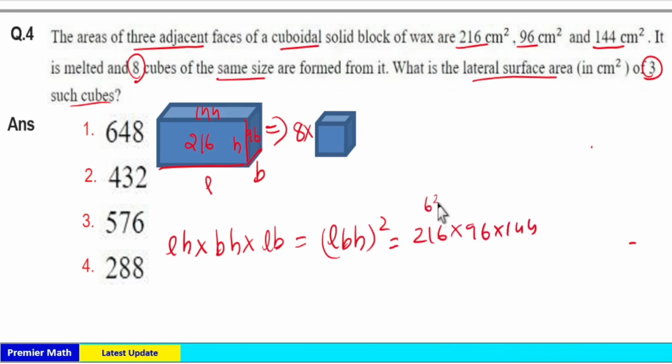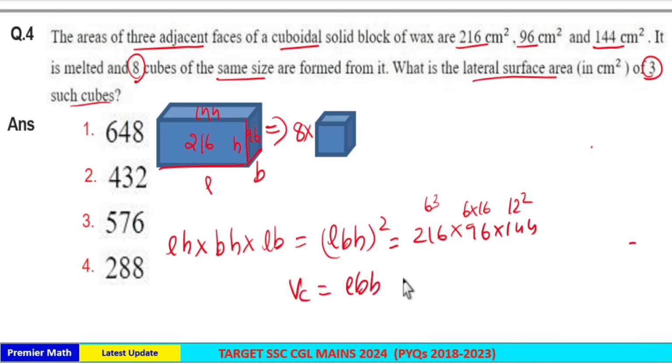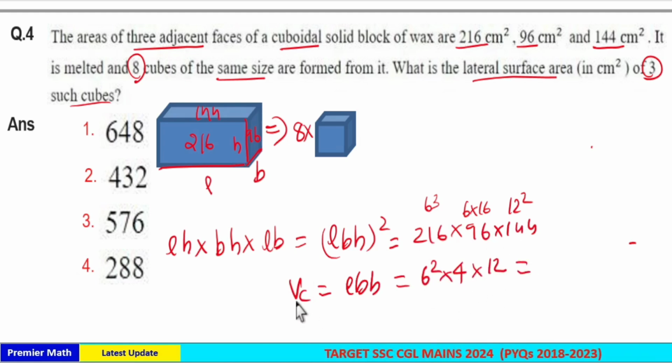216 is 6 cube, and 96 is equal to 6 into 16, and 144 is 12 square. So LBH, meaning length into breadth into height, is the volume of the cuboid. So LBH is equal to, we can take 2 sixes from 4 sixes, and 1 4 from 16, and 1 12 from 12 square. Now the volume of the cuboid must be equal to the volume of 8 cubes, which is equal to